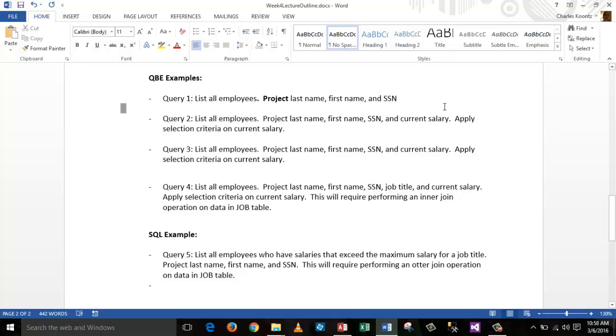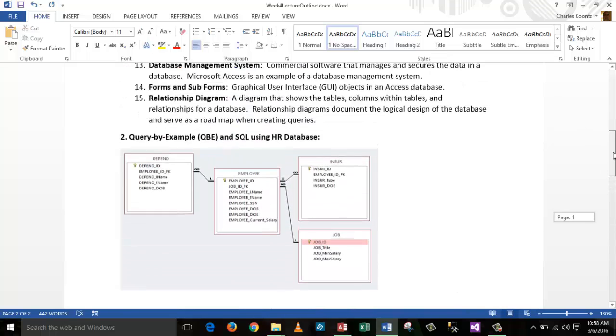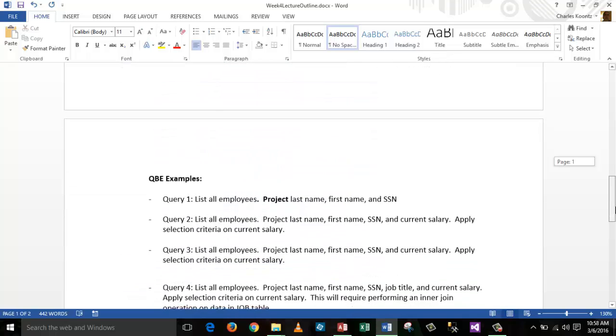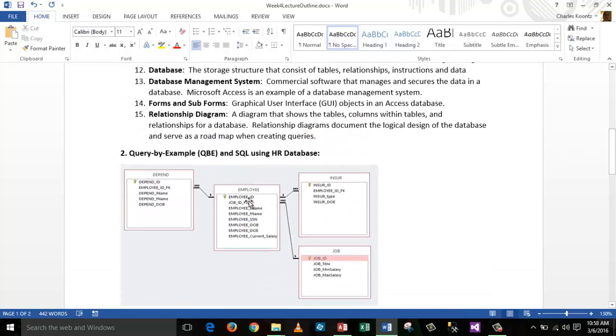Project happens to be a term that is applied in relational databases. It's an operation that has to do with determining or filtering the columns that are going to be displayed. So when I say project the last name, first name, and social security number, I'm saying go to the employee table and filter out the employee ID column, filter out the job ID FK column, but